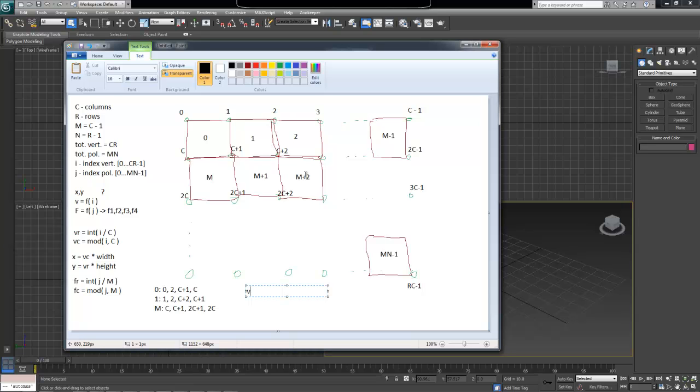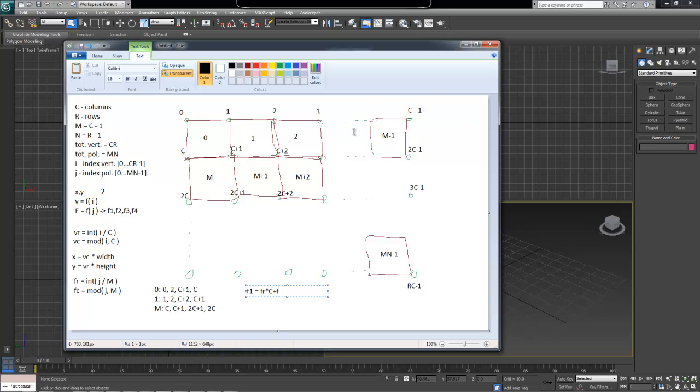Let's just type this: face vertex index number 1 is going to be our face row number times the number of vertices per column, c. So for example, for the very first face in each column, this is going to be 0 times c, so we get 0. For 1 times c, we get c. It's going to be 2 times c because this is the second row, and we keep going like this. But then we also need to add the horizontal offset for each one of these faces,